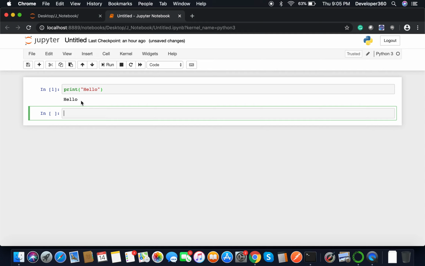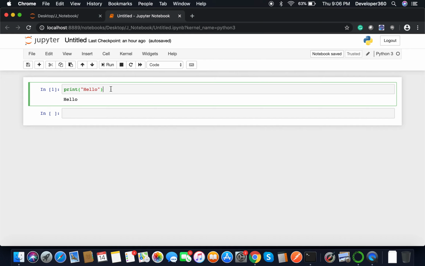This is very basic. Don't think that if you're not aware of any programming language, don't feel bad, guys. This is a very simple one line statement, I'm going to explain it in my upcoming videos. This is just the thing that you wrote one line of code in Python and we got the output. Here you can see this In, so this is the input. That is the code cell actually. In one single code cell you have an output cell also, where we are going to get the output.